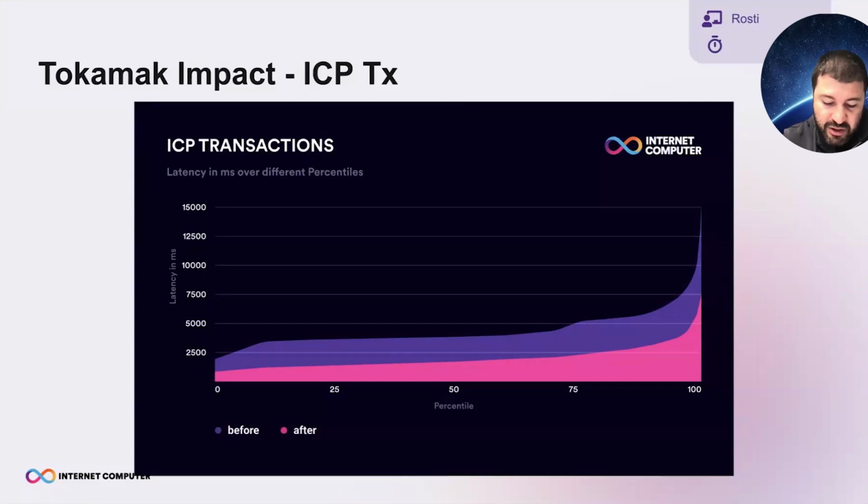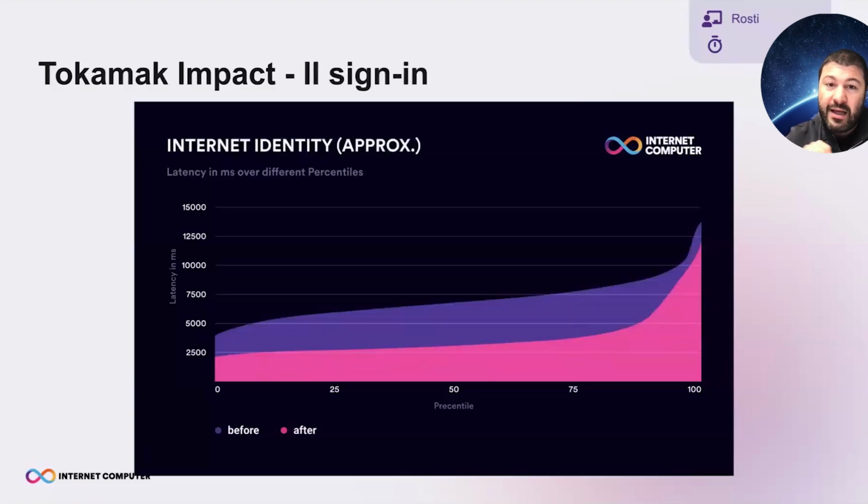A fairly important measure that often gets neglected is the tail latency. So this is basically, if you get very unlucky, how much you have to wait at most until your transaction gets through. And this is also down by nearly 50%. It was around 15 seconds before, and now it's down to 7.5 seconds. Next result that I want to show is the